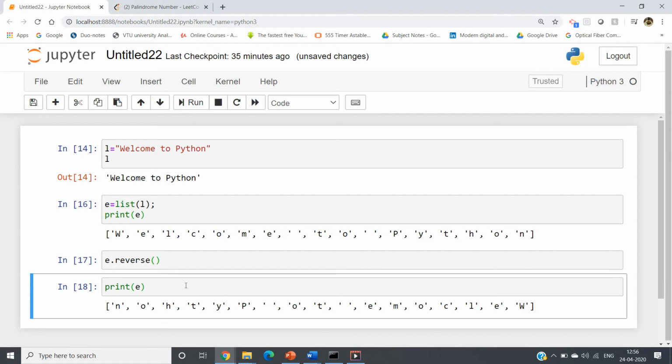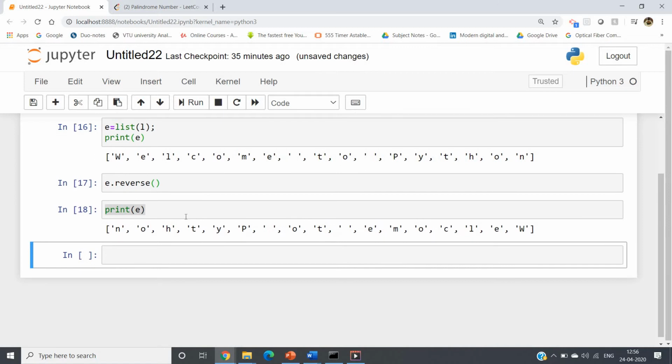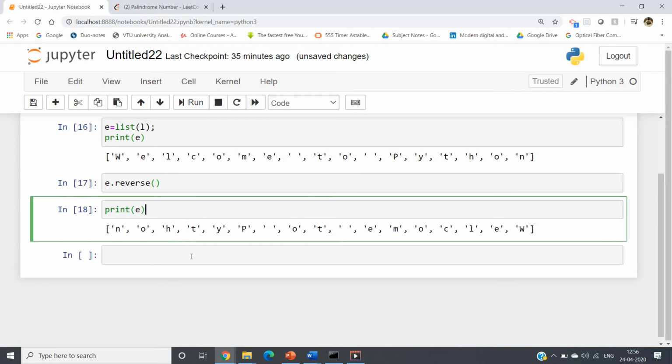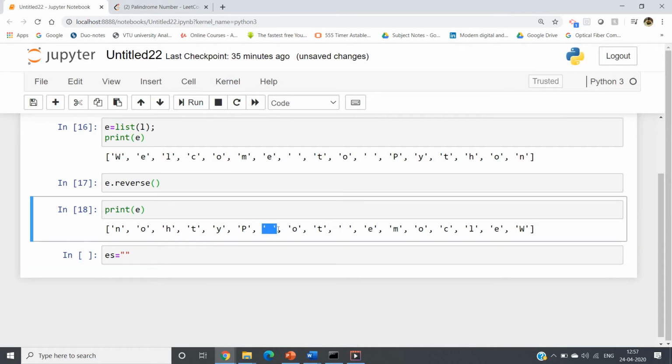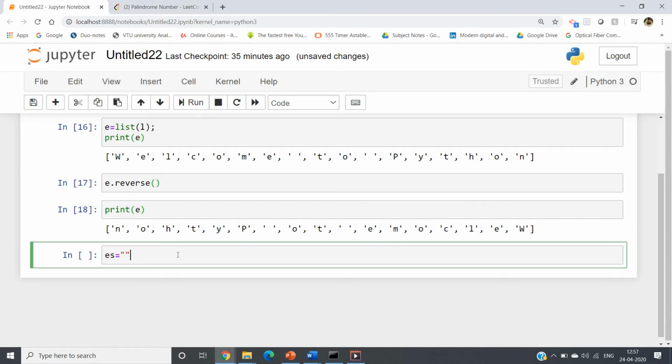Now suppose you want to merge this list e. What can you do? Very simple. To go from list to string, we know we have to use the join method. So es equal to, first we give the delimiter to join with. In this case there is a space already present inside the list, so no need to specify anything else, just simply write join then e.